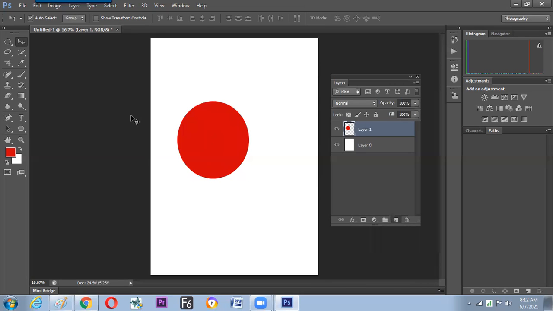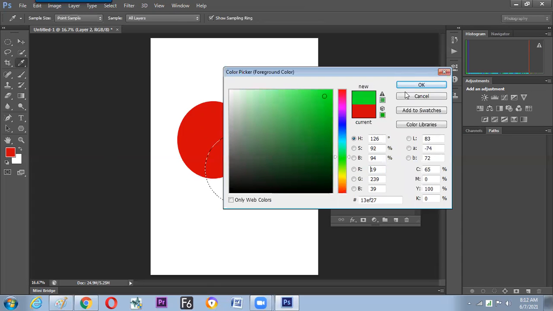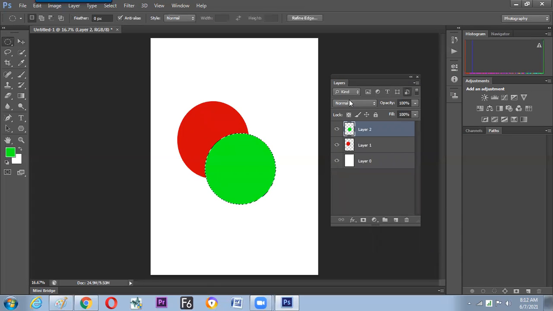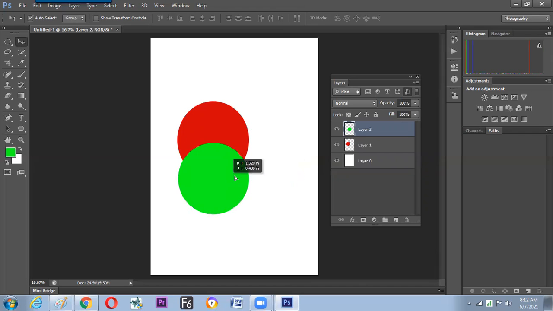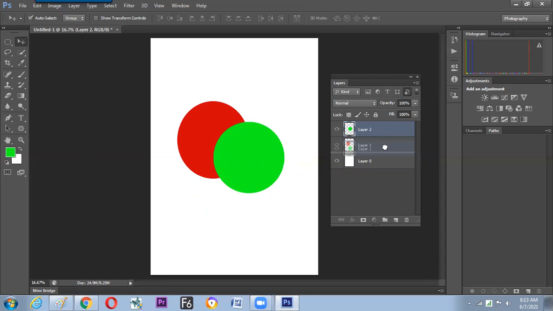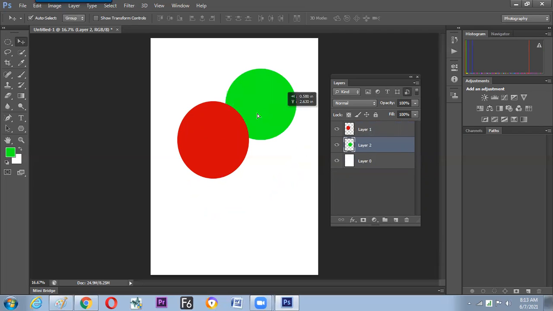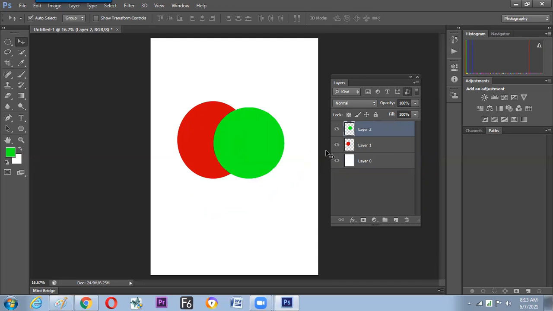Now for the second layer, again we make the next drawing and fill the next color. So it allowed us to move the object freely. It doesn't only allow us to move the layers, it also allows us to bring the layer down to the red just by dragging and dropping it over here. So what we have seen is we can move the layers behind and we can move the layers front. This is the benefit. The same thing, if we are making some photographs and we want some photo to be placed behind the screen, we can get it done.